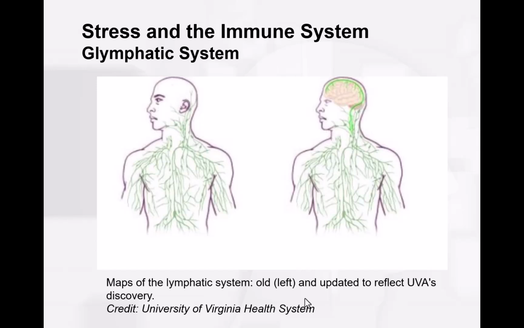Now, up until 2013, we didn't think these lymphatic vessels could be found in the brain. But using new technology, researchers found and determined that the brain is directly connected to the immune system by vessels that we previously didn't think to exist. And after a few more years of research, these vessels were termed the glymphatic system because they seem to work with glia in the brain to clear waste. And we talked about this a little bit in sleep, that they clear that waste when we're sleeping, mainly during the deep sleep that we have. And that's why deep sleep, that stage 3 sleep, is so important.